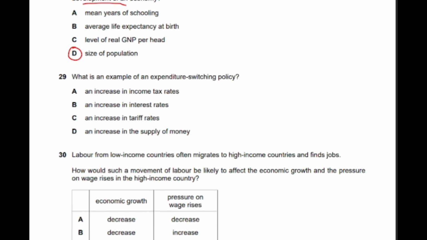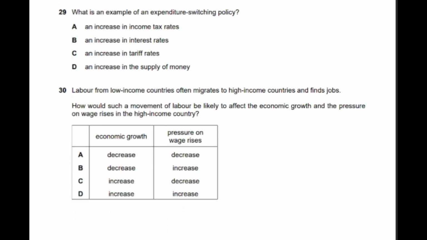Okay, so the other question is, what is an example of an expenditure switching policy? There are two types of policies: expenditure switching policies and expenditure dampening policies. Switching policies are the policies that switch expenditure from imports to locally produced goods, and dampening policies are aimed at reducing overall expenditure of the country, overall aggregate demand of the country. So switching policies are policies like protectionism, including tariff,